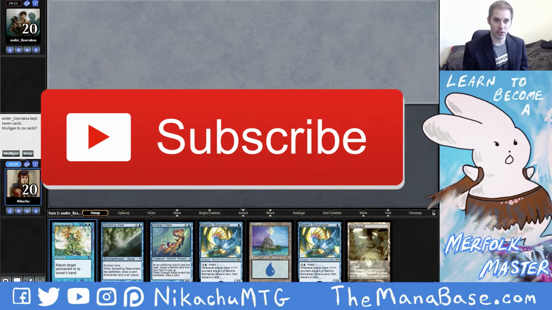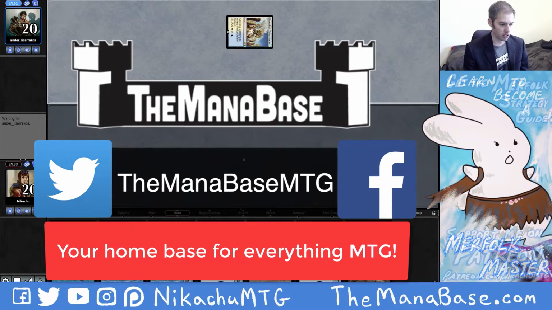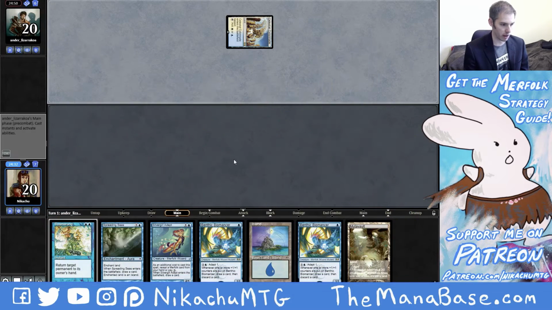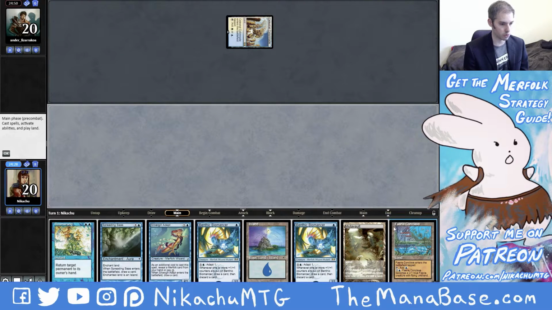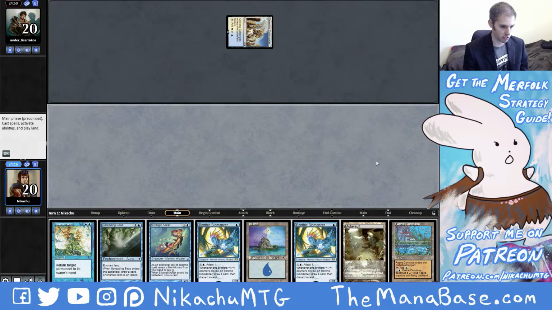So we lost the die roll, but our hand is pretty acceptable. We've got turn 1 Biomancer, turn 2 Silvergill Adept. Control. Ooh, we have tons of mana lands for control. How important is Biomancer on turn 1 versus playing the Conclave on turn...